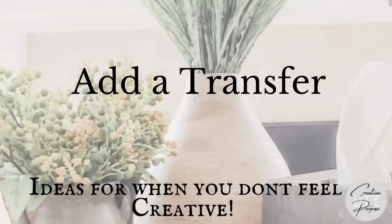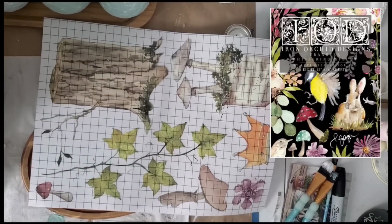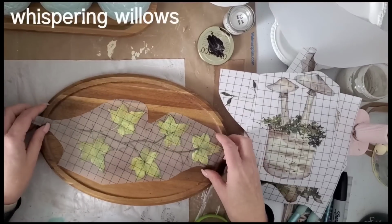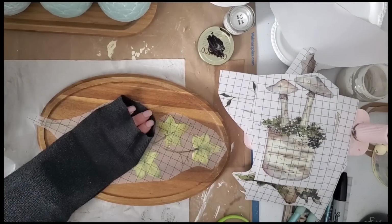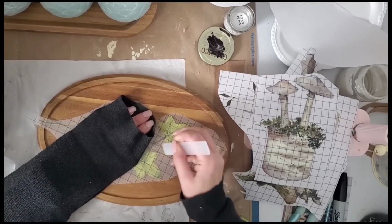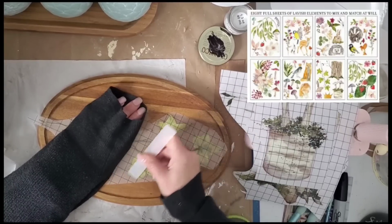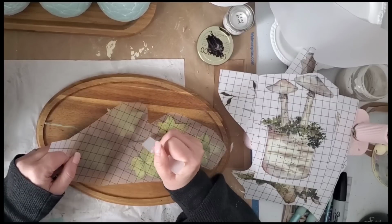All right, so another simple way to upgrade an item is by adding one of the rub-on transfers. I finally broke down and bought a set of the IOD transfers. I think that I stayed away from them for so long because of the price of them. But when I broke it down, at least the set that I purchased, there's 8 pages and usually about maybe 5 or 6 projects per page. It would depend on the size of the project. So when I broke it down that way, I thought it was really affordable for at least what I'm going